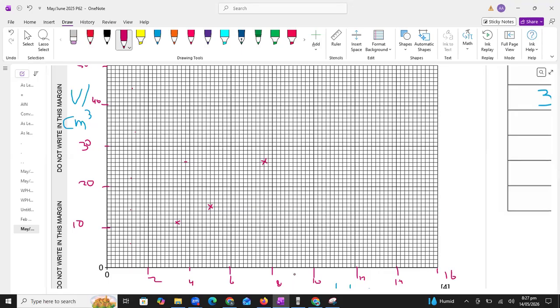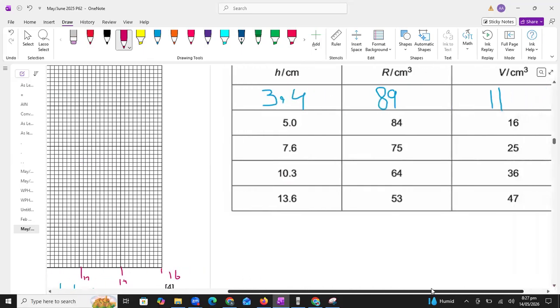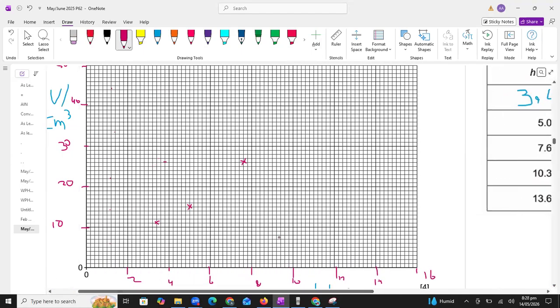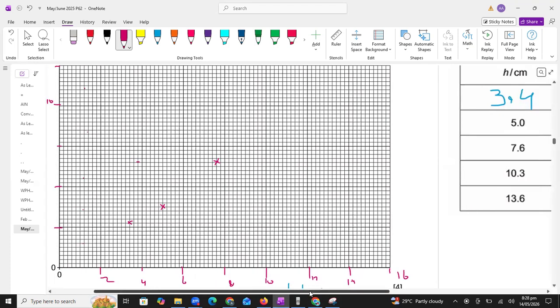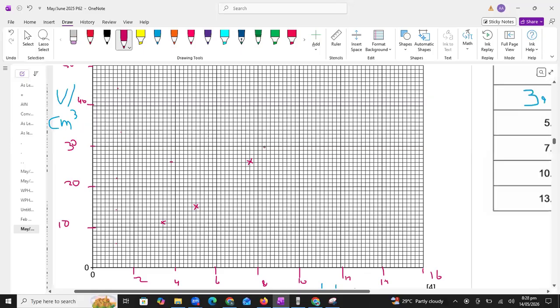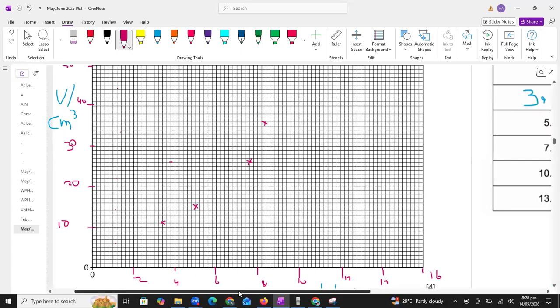All right, now students, the next is, I hope you are understanding, 10.3 and 36. So the 10 line is here. This is 10, 10.2, 10.3 will lie here. Sorry, beta, 10.3 and 36. Okay, so 10.3 will lie here. And we have to plot 36: 30, 31, 32, 33, 34, 35, 36. These boxes are very small for my eyes, so that's why I'm facing difficulty.